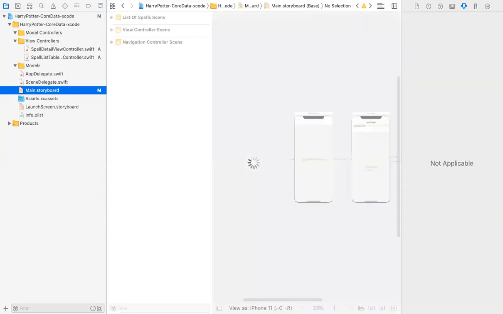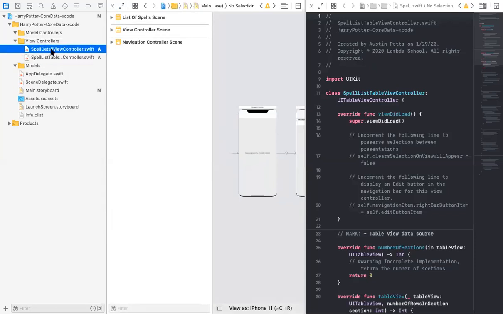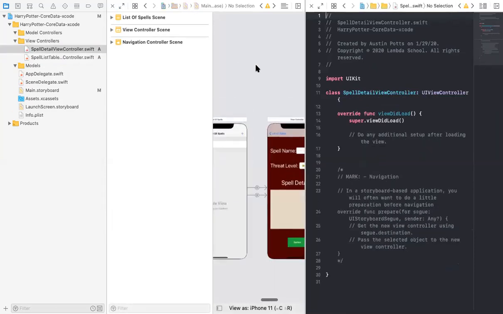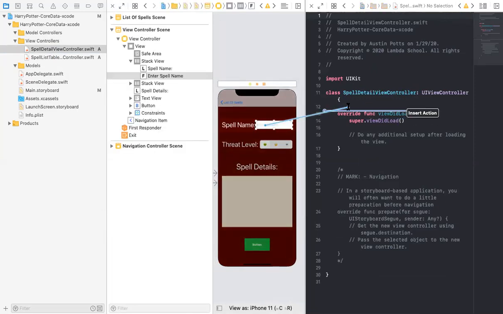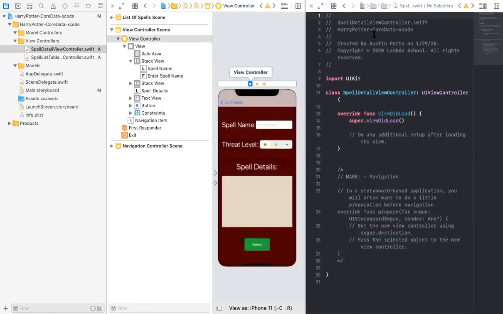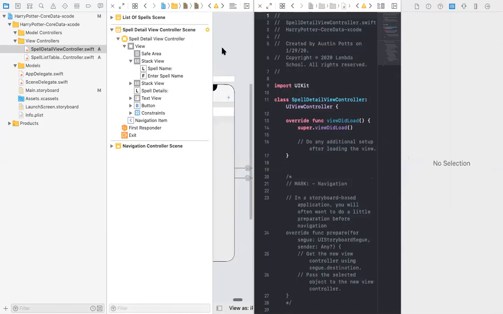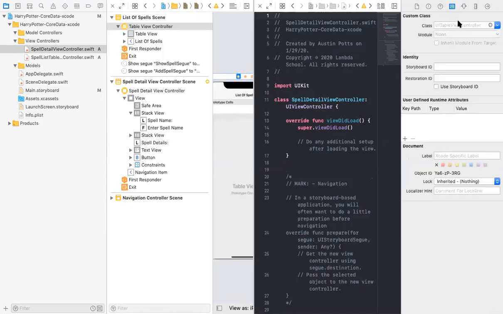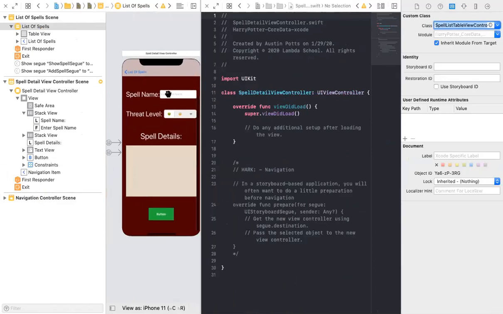Now we'll go back to the storyboard and hook up our elements. Oh, after you give it its name. No point in creating those files if we don't give it the name. Spell detail, go over to table view here, spell list table view, go back to the detail here, close that guy out, click the text field,